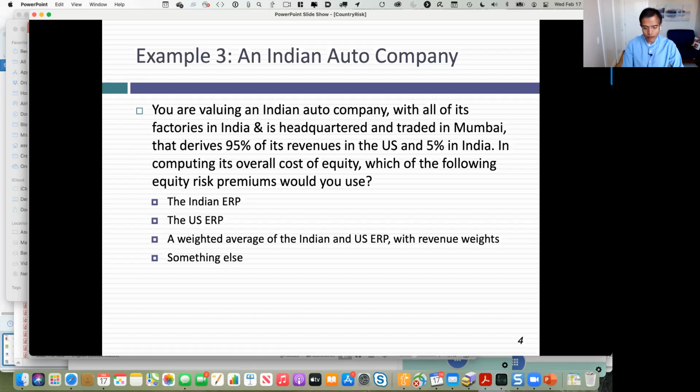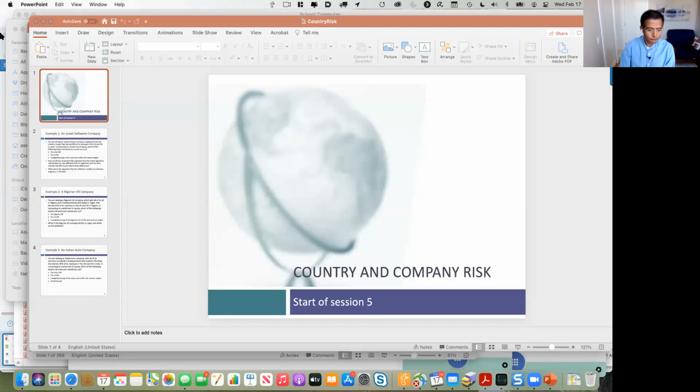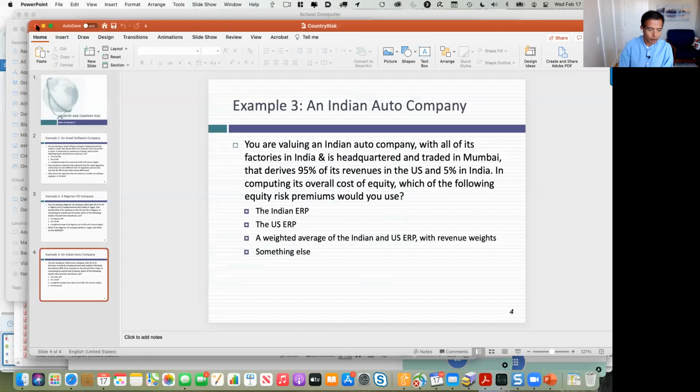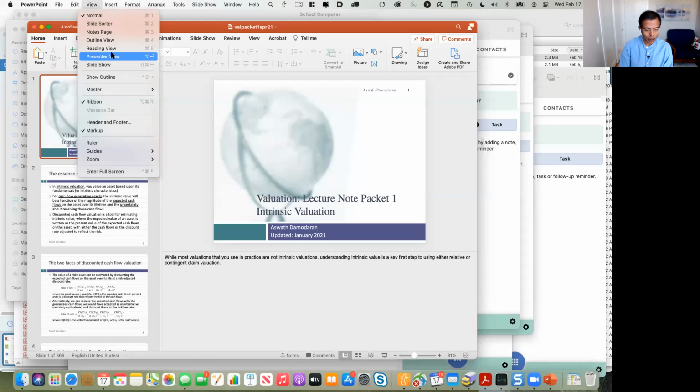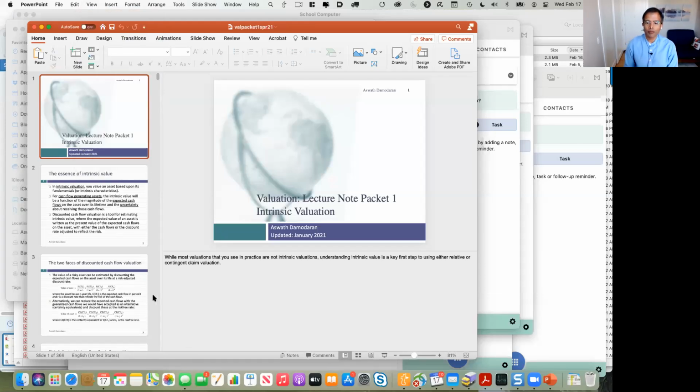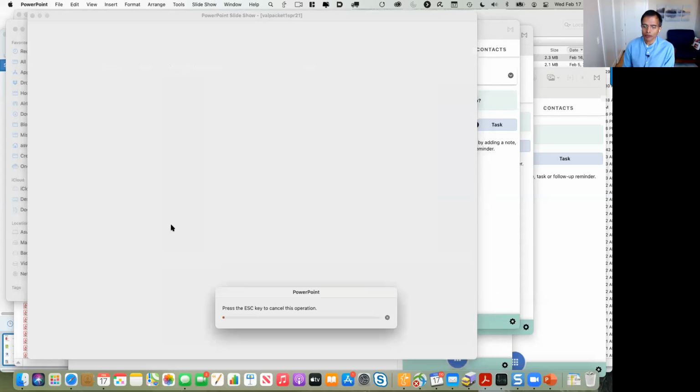So ready? Let's put this into practice. I think we were on page 54 of your packet, if you can get there. And let's build on this theme. So I left you with that country risk premium page. Before I start using those equity risk premiums, are there any questions about how I computed those equity risk premiums and how they come into play? No. So I'll show you the page, just in case you've completely forgotten over the week we've been apart.